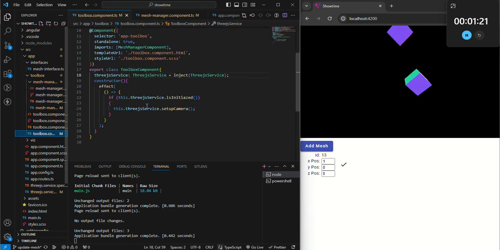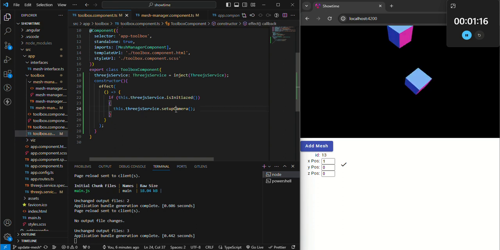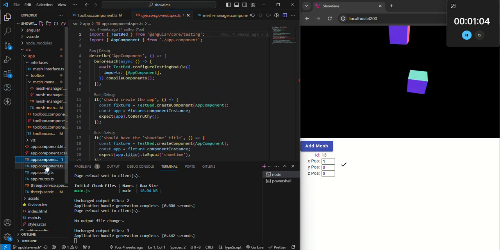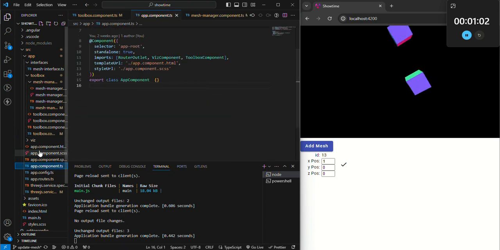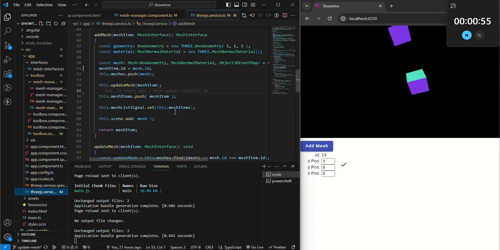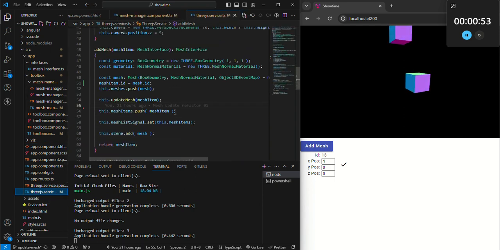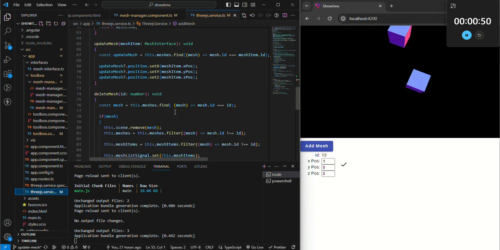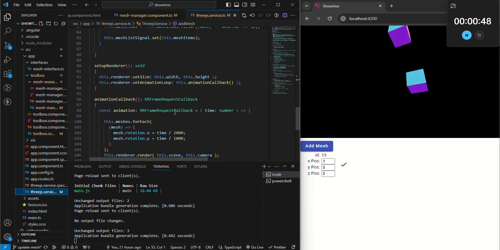Let's go back to the toolbox. I think this all makes sense. You set up the camera. This is definitely destined to be moved into a new component, but this is not the time. Let's see. I don't think our app does anything. Oh, that's our app. Yeah, our app doesn't do anything. All this has is our toolbox and our visualization. And let's look in here. Add mesh seems smart. Update mesh, delete mesh, set up render,